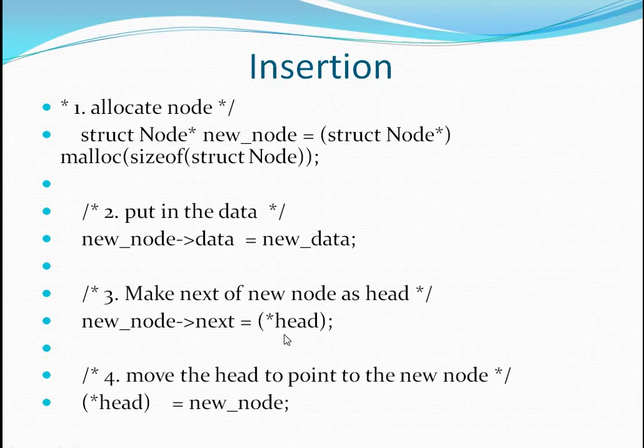When you dereference a pointer, you are actually accessing the value stored in this head pointer. So the value stored is the address of A node. I am going to assign that address to the next field of the new node, which was your E node, and to this head pointer I am going to assign the address of the new node. So this new node, your E node, becomes the first node, because your head is going to point to this, and this new node is going to point to A node, and hence you will be able to insert a new node at the beginning of the linked list.